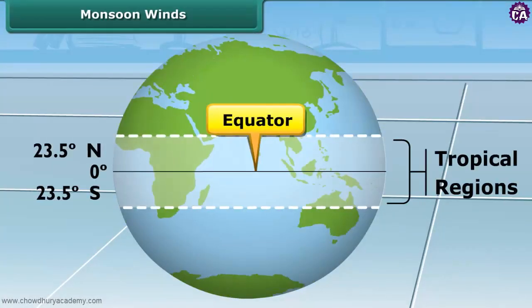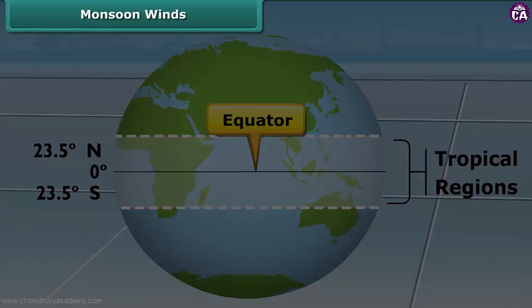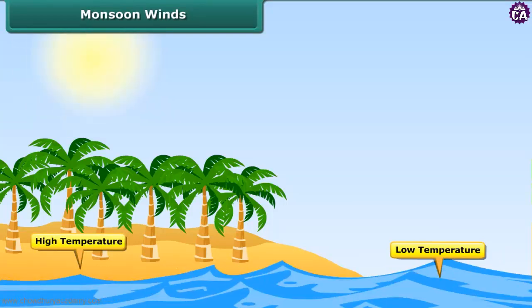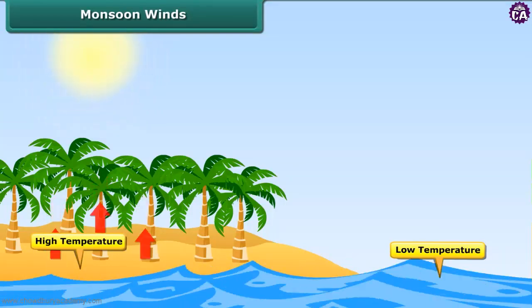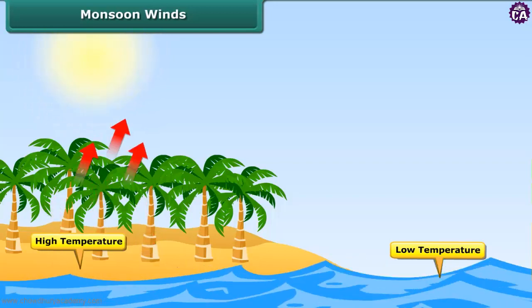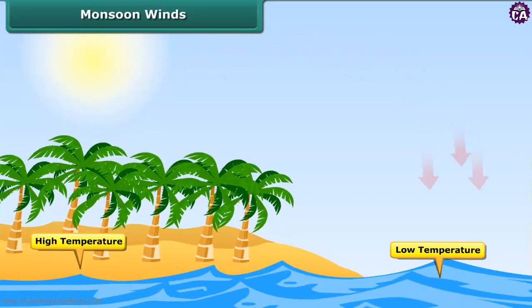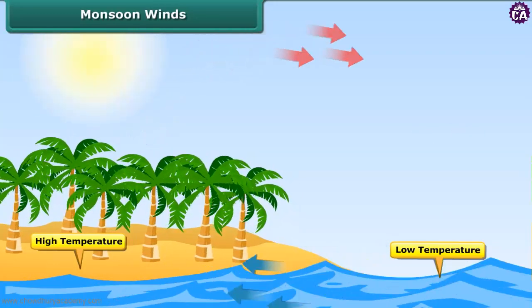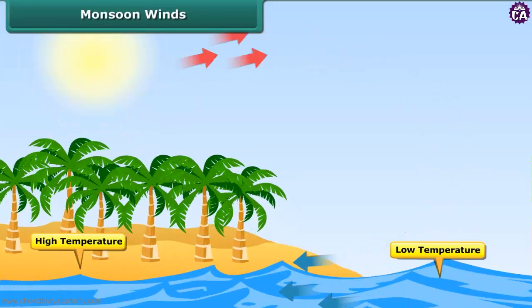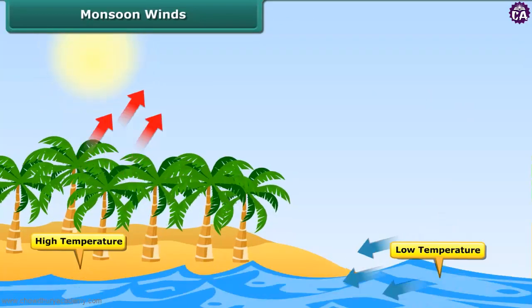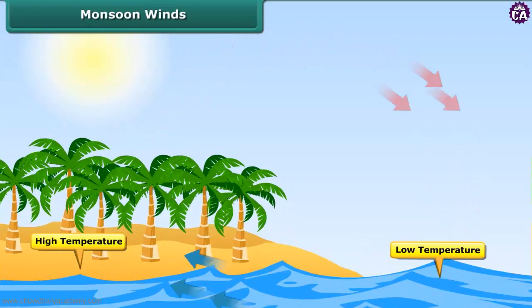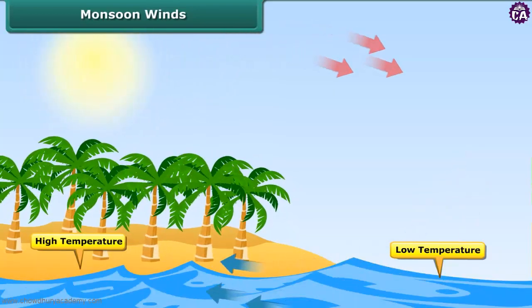During the hot summers, the land near the equator warms up very quickly. The temperature of the land is always higher than that of water in the oceans. The warm land heats the air above it. As a result, the warm air being lighter rises up and expands. This causes the winds to flow from the oceans towards the land. We call these winds monsoon winds. The monsoon winds carry water from the oceans and bring rain.